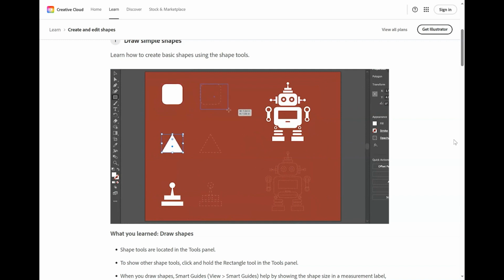As you draw with the shape tool with those smart guides on, you'll see a small gray label appear that gives you measurements like width and height. This shows the size of the shape you're creating. Release the mouse button to create a rectangle. Now most of the shapes you draw are called live shapes, which means you can resize and move them without switching tools. For instance, to resize this shape you just drew, move the pointer over one of the corners of the rectangle, and when the pointer changes, click and drag to reshape it,